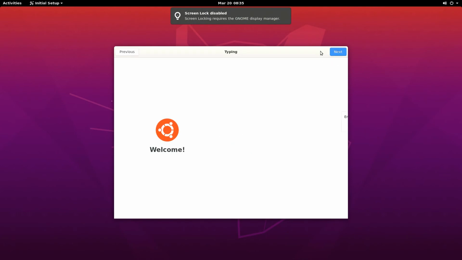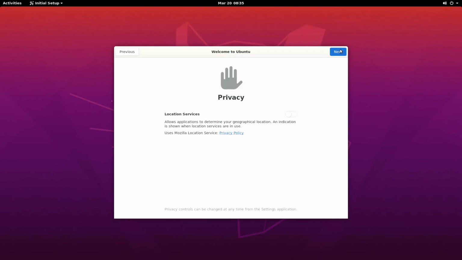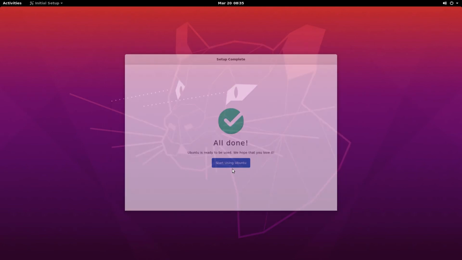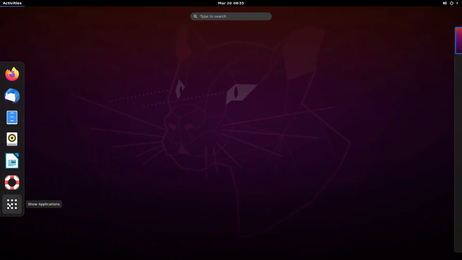So this is my Ubuntu. Here you have Firefox as a browser.